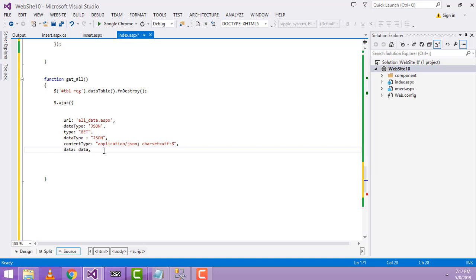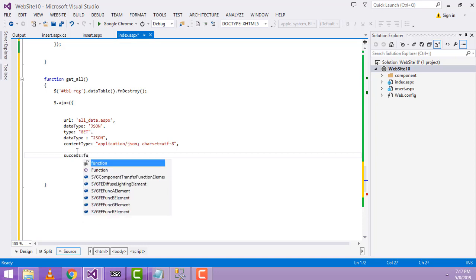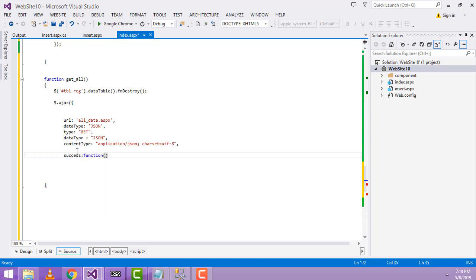After that, the data we have to remove, this one. We keep URL, type, data type, and remove the data. After that we have to write the success function. So success function, you have to write data here, data,